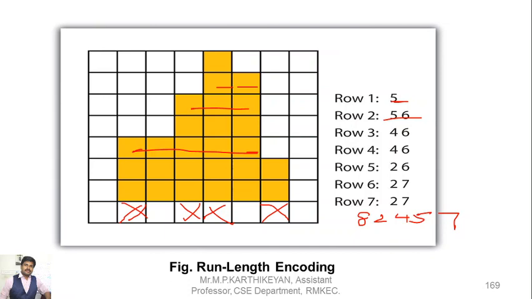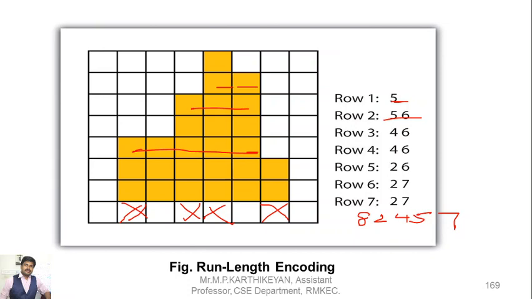Correct? And the next part, the fourth cell is shaded and the fifth cell is shaded. Correct? So the starting point will be cell 4 and the ending point will be cell 5. Okay, and the last part, cell 7 is separately shaded. So the starting point is 7 and the ending point is also 7. So the starting and ending point are the same. So for row 8 the shaded part will be mentioned as 2, 4, 5 and 7, in 3 segments. Okay, so this is called run length coding.